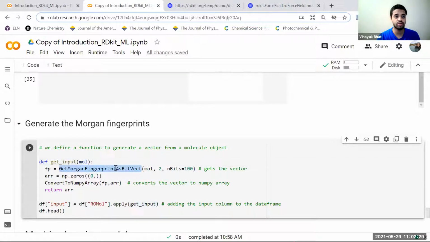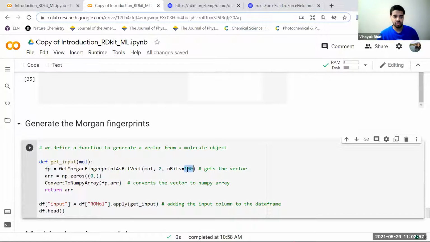So we would say get Morgan fingerprint vector of a molecule, and go up to 100 bits. 100 bits is the size that we want, the size of that vector. So it'll be 100 dimension, a row vector of 100 bits, zeros, 1, 0, 1. So all of them will be 100. You can increase it if you want, and once you increase it, you have a more